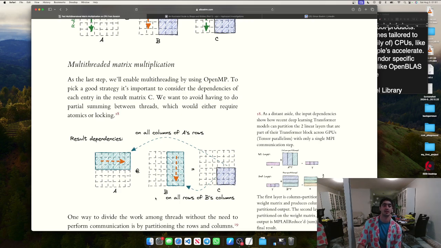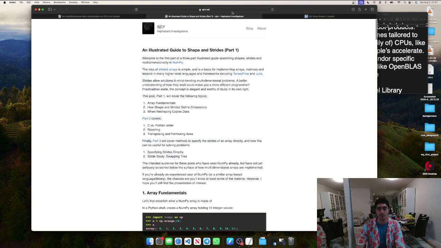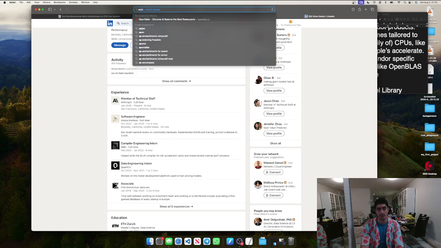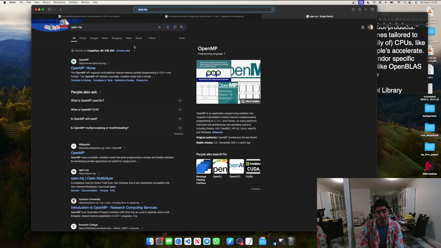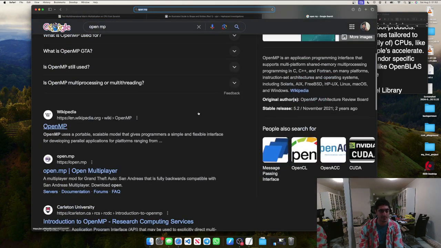Multi-threaded matrix multiplication. As the last step, we will enable multi-threading by using OpenMP. I remember OpenMP. OpenMP is an application programming interface that supports multi-platform shared memory multiprocessing programming in C, C++ and Fortran on many platforms. Okay, my bad. Let me make sure you guys see this as well. It gives programmers a simple and flexible interface for developing parallel applications for platforms ranging from